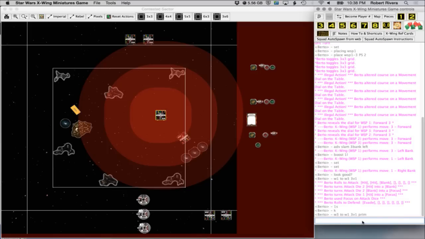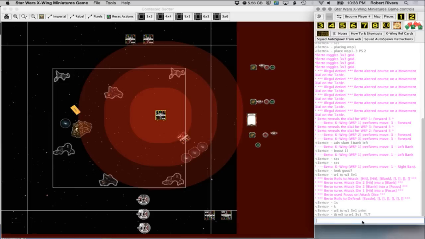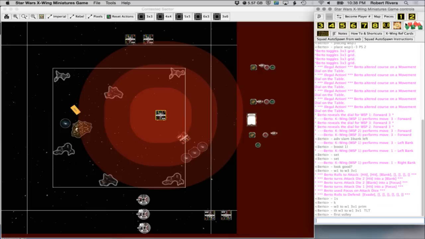Or he might say twin laser turret, so TLT, W3 to W1, 3v1, and you can say TLT again, and you can say versus volley. All right, and then you go to your dice,